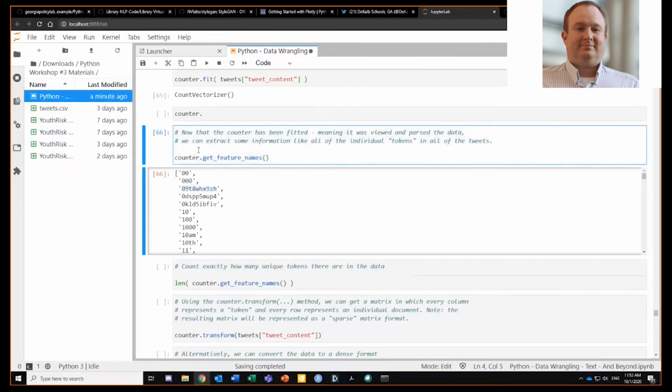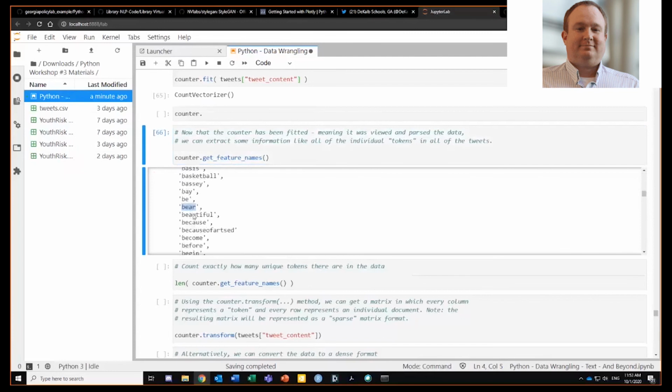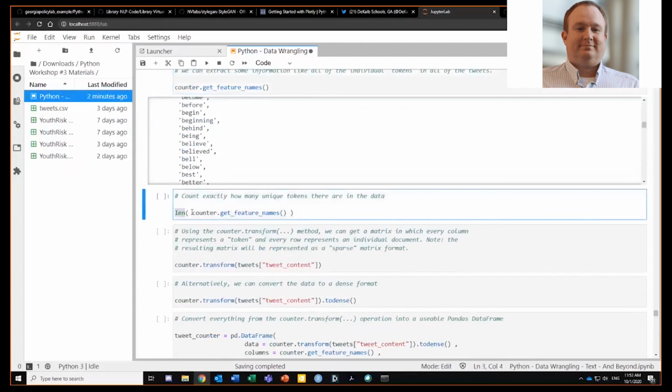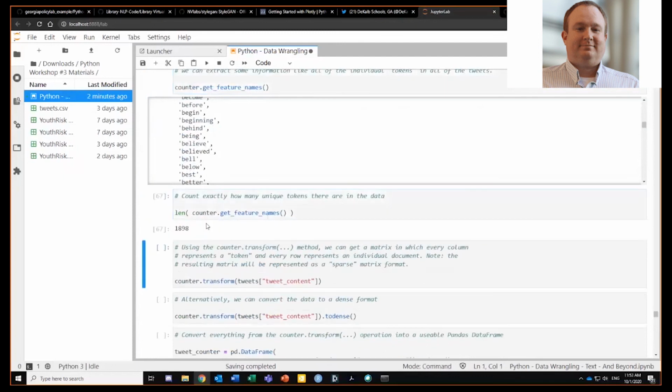So we're basically asking, in our strings, what are all of the unique alphanumeric character strings that are at least 2 characters long? There's 2 zeros. There's 3 zeros. There's this garbage. There's a lot of stuff. If I scroll way down, I'll eventually get to words like bear. Beautiful, because somewhere in one of the tweets is at least one of these words. I can put all of this inside of a length function, Shift Enter. By the way, the data set's less than 300 samples, and from 300 samples, I have nearly 2,000 unique tokens,